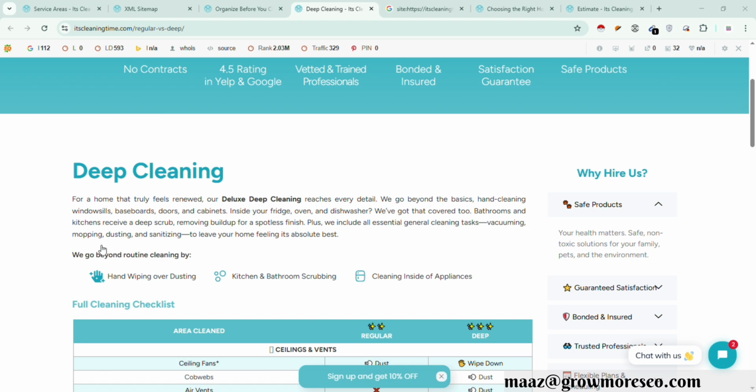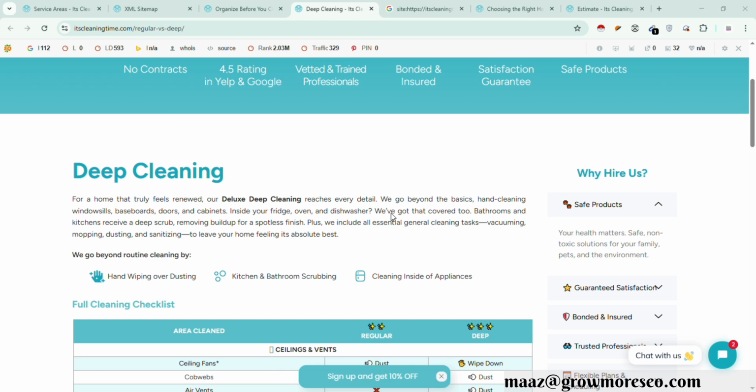For example, the address on your Google map is Round Rock, but when I click on the website, it leads me to the page that is optimized for Austin. So it should be Round Rock here. If you're targeting Austin in the Google map, then it is okay.